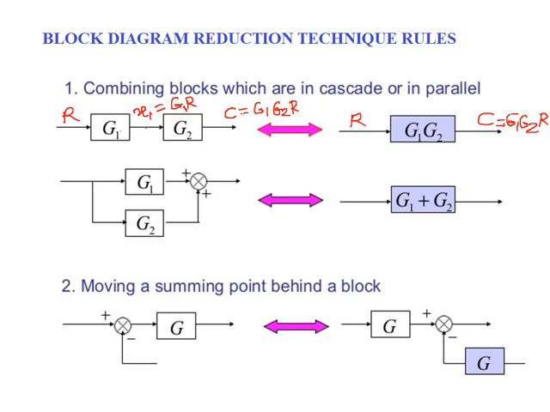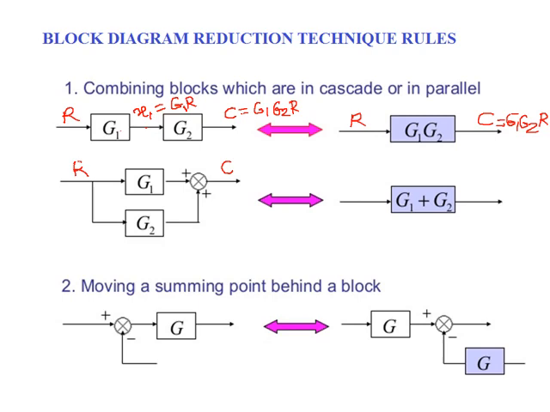Now look at the second circuit. Here again two blocks are shown, but these two blocks are connected in parallel. Why am I saying parallel? Look at this second signal. This second signal is coming from input and it is going towards output. As we know, when the signal is coming from input to output, that is called a parallel path. This will be one of the forward paths. See here, this signal is coming from input to output, so this is also a forward path. So these two paths are going towards output in the same direction.